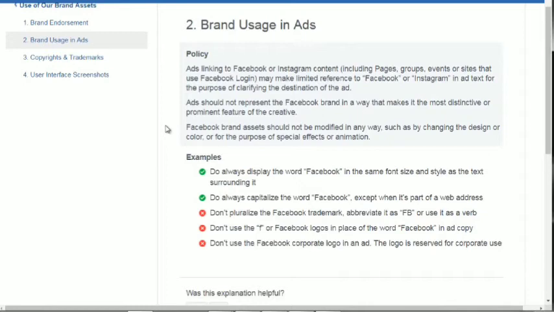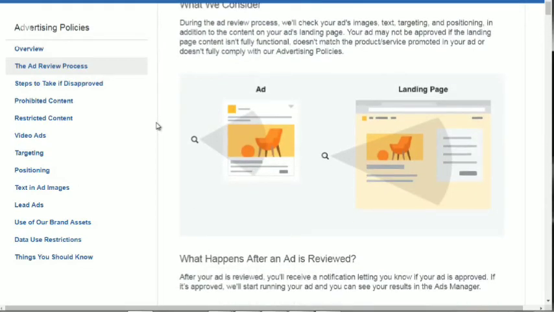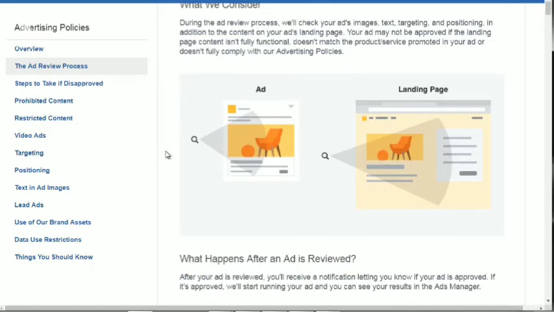So if we go back to the first page, we can see the ad review process. So we can get an idea of how they review ads. It says during the ad review process, we'll check ads, images, text, targeting, and positioning. Now, usually by default, the Facebook robot will essentially approve your ad.